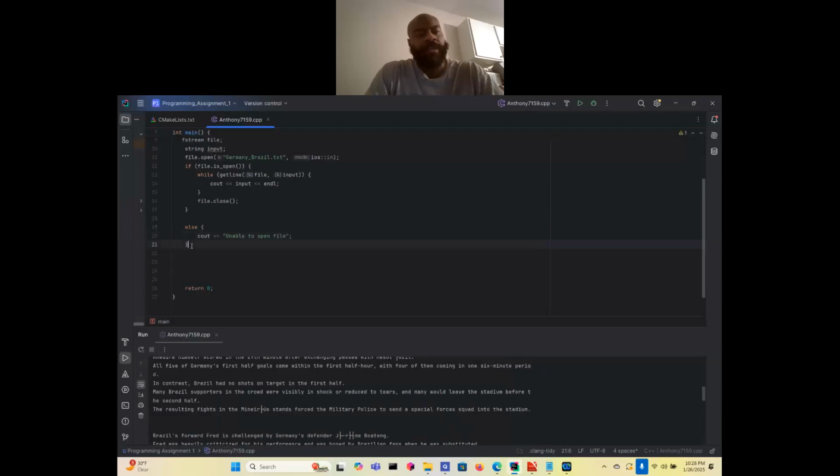Now, next thing we're going to do is insert my first name and the last 4 digits of my phone number at the top of the file. And so in order to do that, we're going to want to open the file again because we just closed it. And we're going to want to check to see if the file is open. And assuming the file does open,